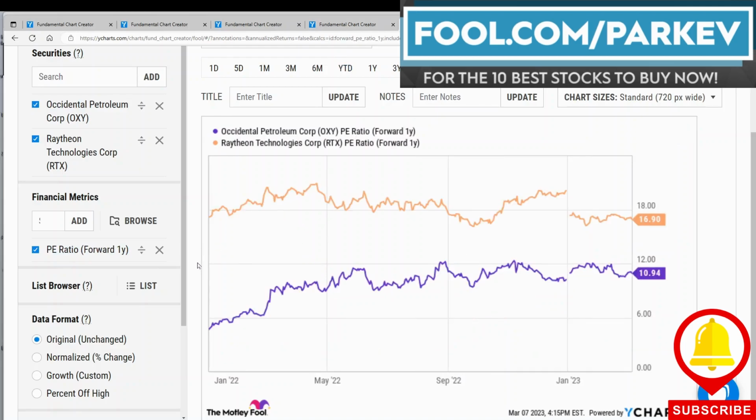So finally, I wanted to look at valuation to determine which one of these two dividend stocks is the best one to buy. And looking at this metric, the forward price to earnings ratio, Occidental is trading at a forward PE of 10.94, which is relatively cheap, and especially compared to Raytheon trading at a forward price to earnings of 16.9. Now, given Occidental is in a much more cyclical industry, still, given its healthy cash flow from operations and operating profit margins and the still elevated oil prices,